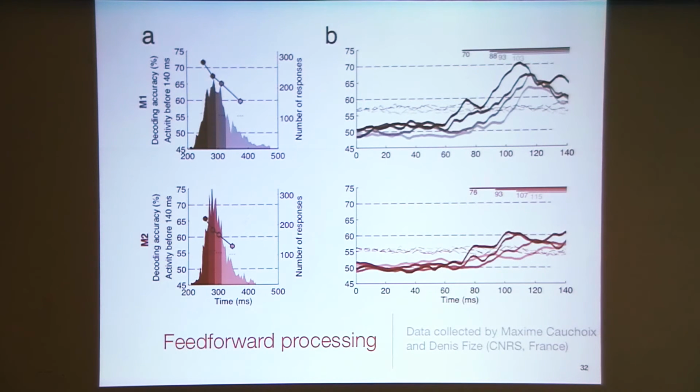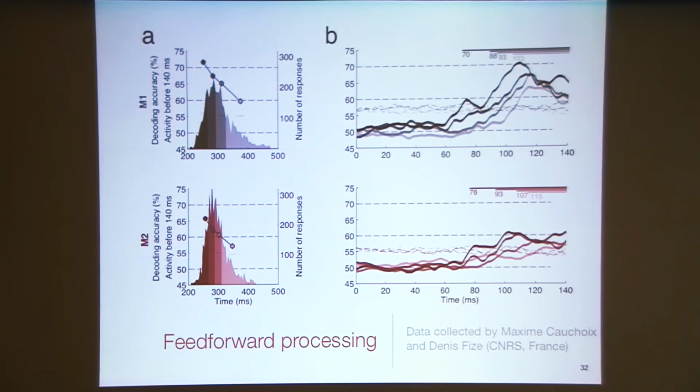So there are a couple of points to be made here. The first one is that we can decode animal category information very, very early. In fact, even earlier than what people have been able to decode during the passive viewing conditions that I described earlier on. Starting at around 70 milliseconds, we can already reliably say whether an animal is present or not. This could be due to the fact that our recordings include earlier areas which potentially contain relevant information for the task and for which the latencies are shorter.